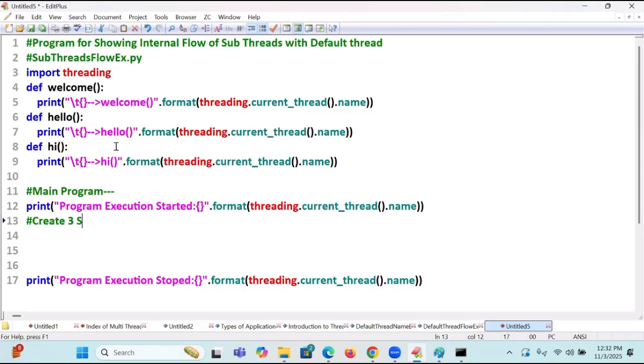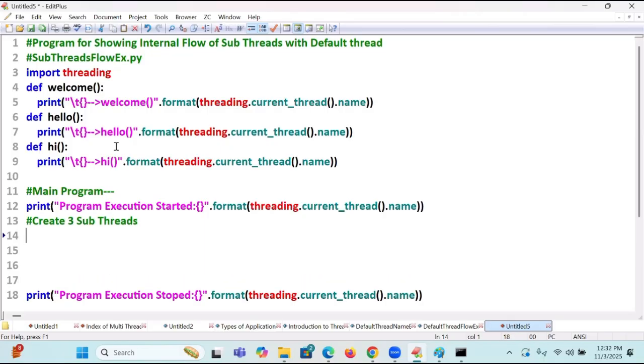Come on, create three subthreads. How do you create three subthreads? How do you create three list objects? L1 is equal to list of, L2 is equal to list of, L3 is equal to list of. T1 is equal to thread of, the default constructor present in a module. Every class of Python belongs to a module. What is the module name? Threading. Yesterday, datetime dot datetime of. Threading dot Thread of. If you know OOPs, you can understand.